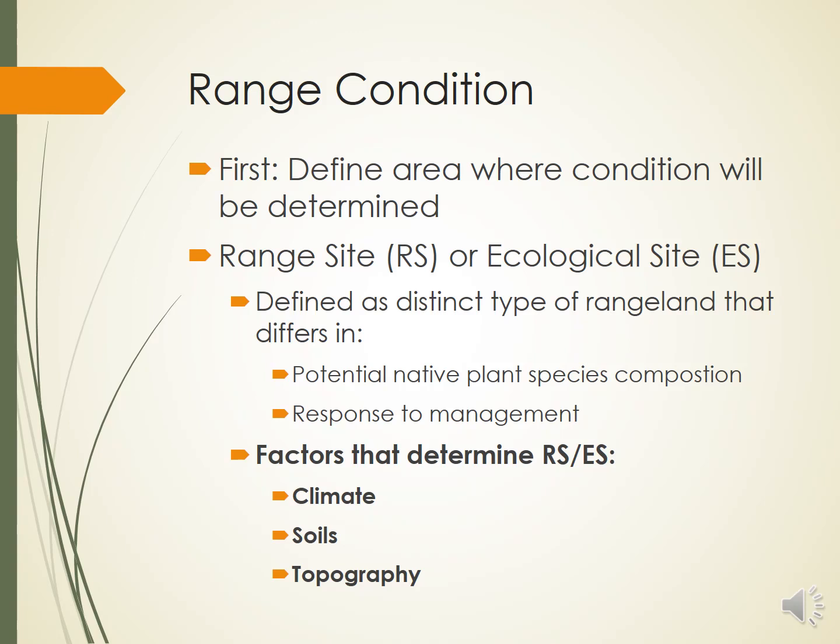So the factors that go into determining what an ecological site is are the climate, soils, and topography. And that's just because, if you think about it, these are the factors that determine where certain plant species grow and what that plant species community is going to look